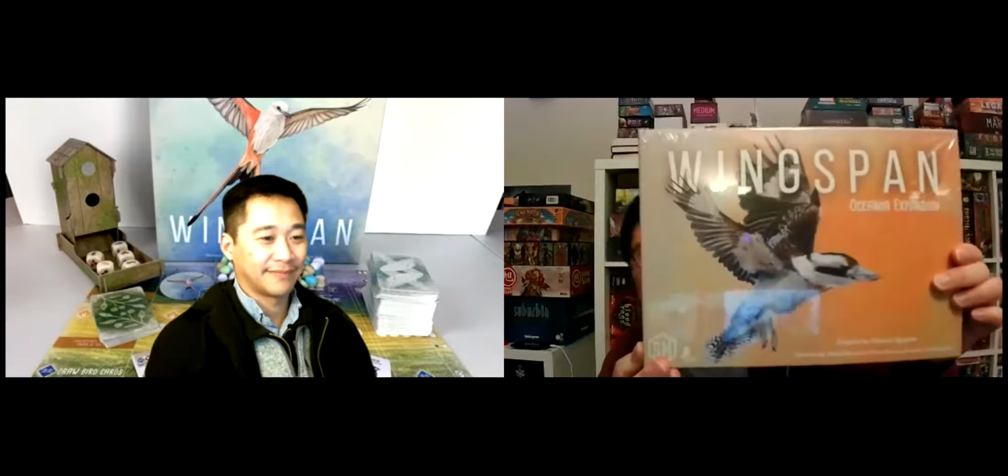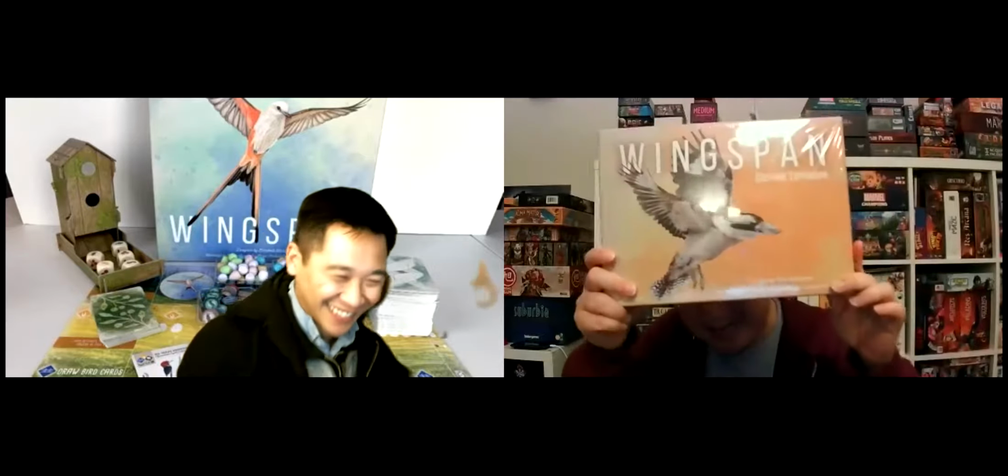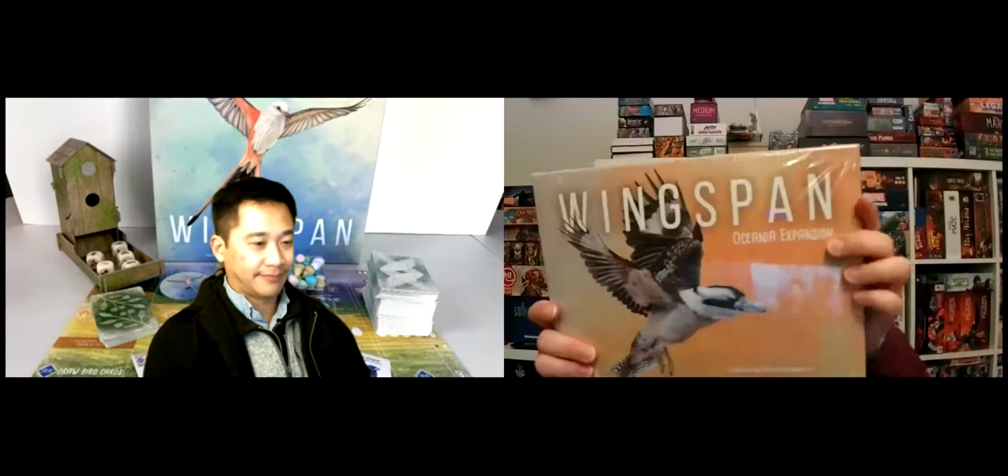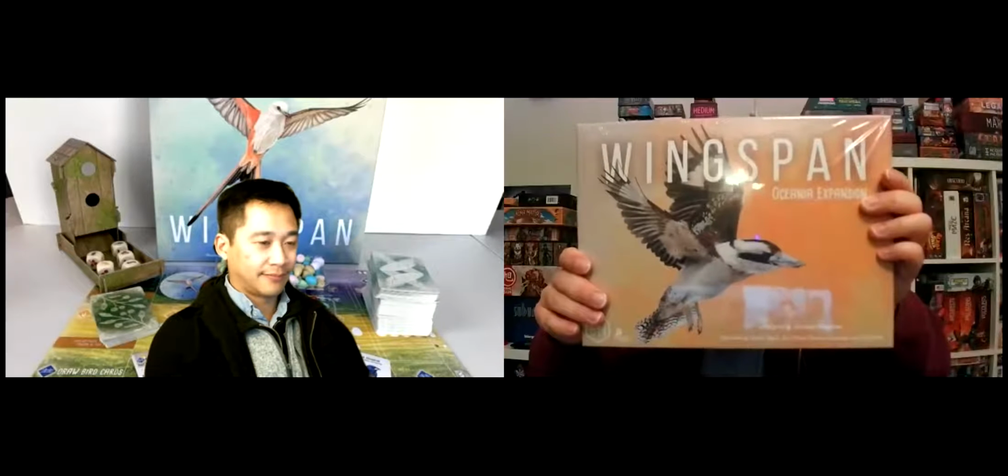And so that would be the Oceania expansion. So birds from Asia. Not just Asia. No, birds from the Oceania. Pacific Islands and places like that, right? And so this is the shape of this box, and it is a yellow theme, so you get very yellow eggs in this, and it also introduces again a new kind of bird ability, which is yellow, which is, I think,